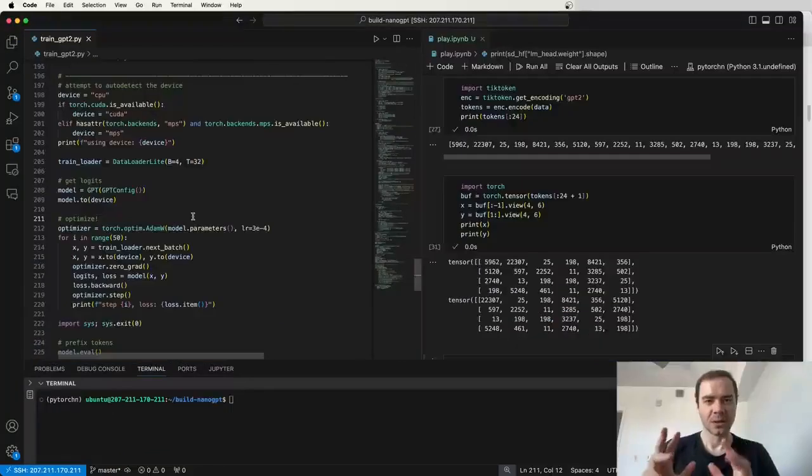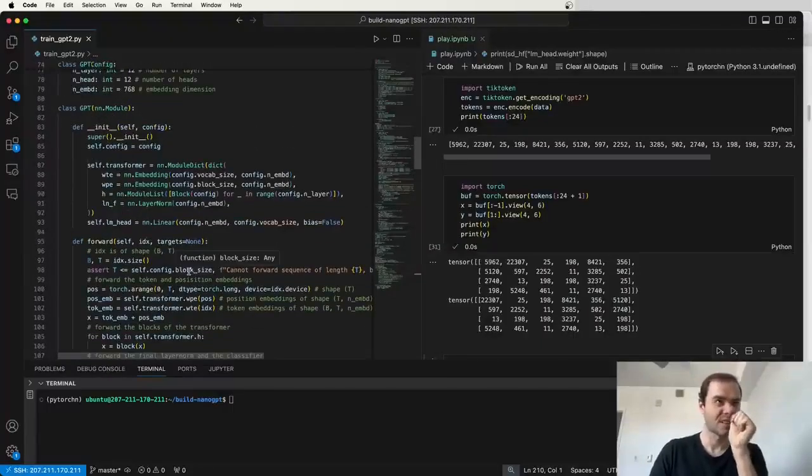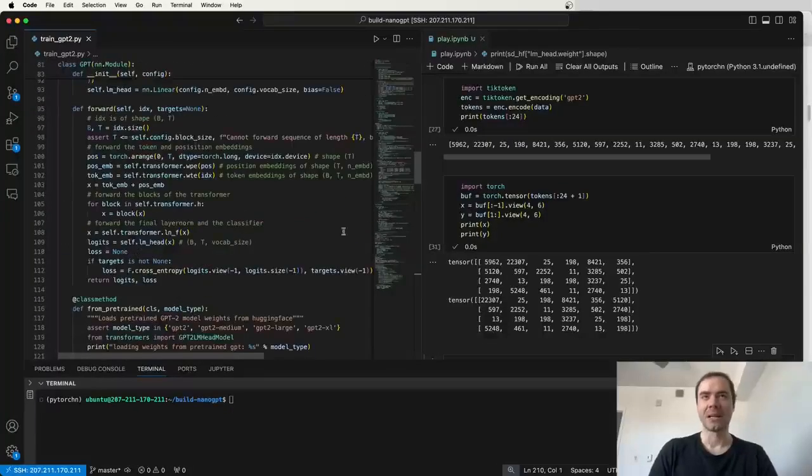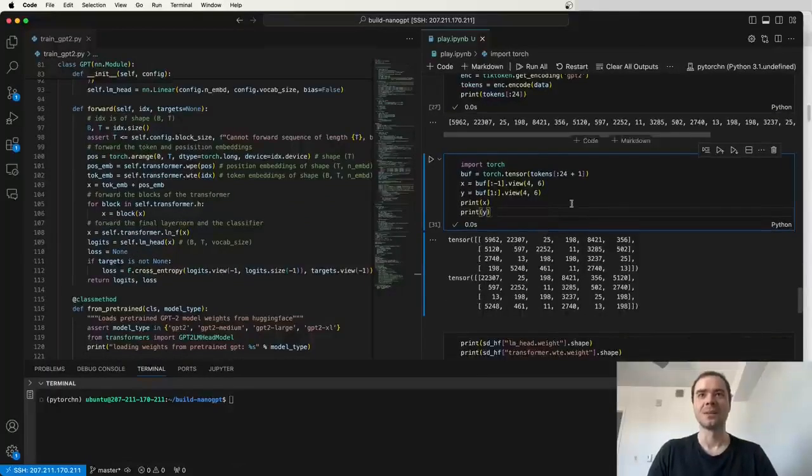So that's good. Okay, next, I want to actually fix a bug that we have in our code. It's not a major bug, but it is a bug with respect to how GPT-2 training should happen. So the bug is the following. We were not being careful enough when we were loading the weights from Hugging Face, and we actually missed a little detail. So if we come here,